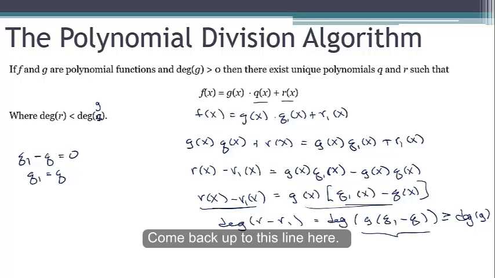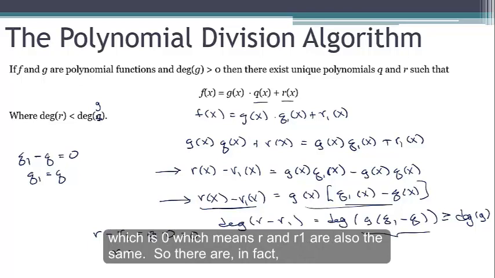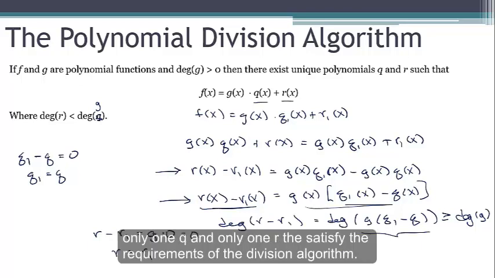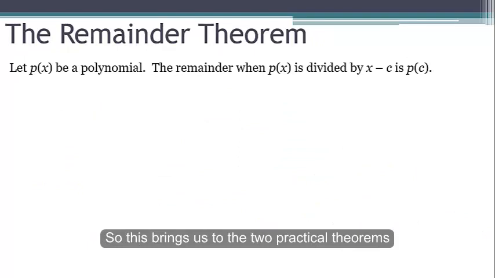And let's see, come back up to this line here. If, excuse me, not that one, this line here. If q1 minus q is 0, then r minus r1 equals g times 0, which is 0, which means r and r1 are also the same. So there are in fact there's only one q and only one r that satisfies the requirements of the division algorithm. So this brings us to the two practical theorems that we can really use to answer this question: is